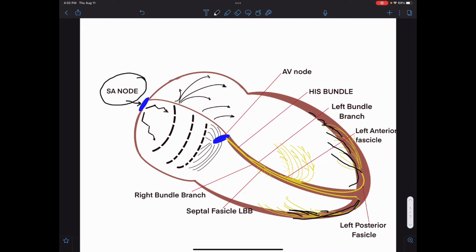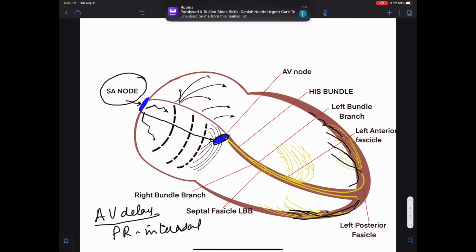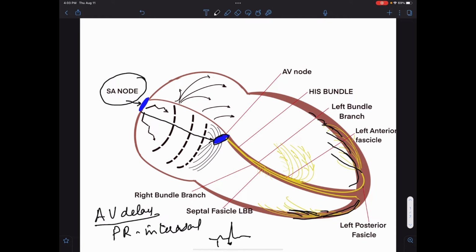Once impulse starts from the SA node and reaches the AV node, after that there is a delay in the impulse transmission to bundle of His. This is called AV delay, which is seen in the form of PR interval. Now, this PR interval, which is starting from the P wave to the onset of QRS, that is between these 2 points, the P onset and the QRS onset,